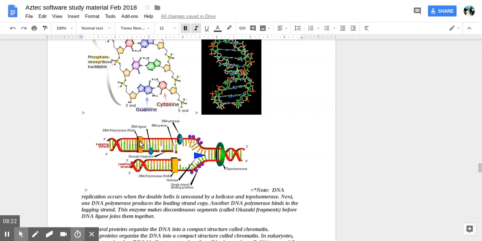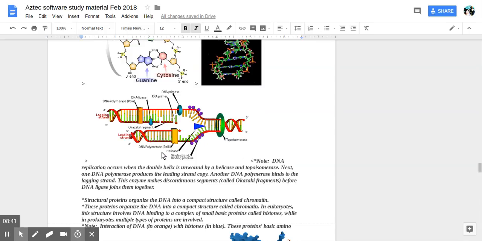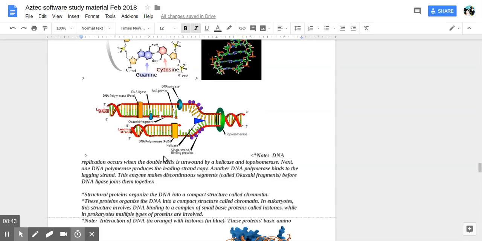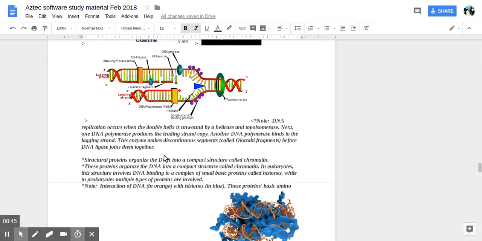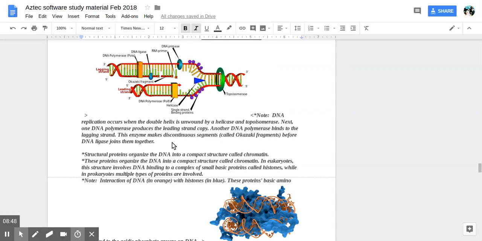Then another DNA polymerase binds to the lagging strand. This enzyme makes discontinuous segments called Okazaki fragments before DNA ligase joins them together. Okay, so that's the process of replication. So you have a strand of DNA and